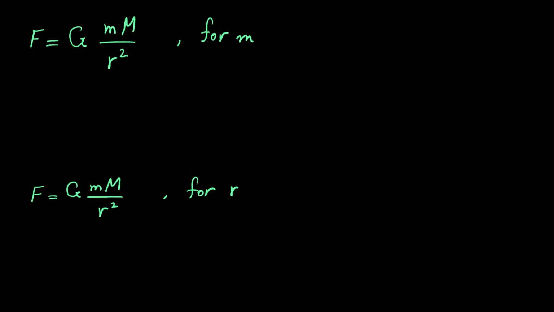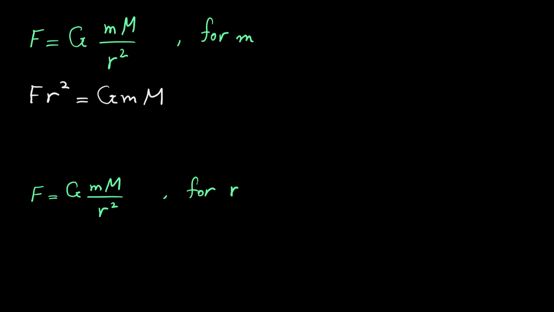So the first thing that you can do is to multiply both sides of this equation by R to the 2. If we multiply the left side and right side by R to the 2, we can get rid of R to the 2 in the denominator. So basically we can eliminate the denominator. Or the other way that you can get rid of R to the 2, you can do a cross multiplication. Let me remind you, cross multiplication: whenever we have a fraction equals another fraction, you can multiply B by C or D by A. Here we can multiply R to the 2 by F. So one way for solving this equation is to multiply both sides by R to the 2 or do a cross multiplication. Then we have FR to the 2 is